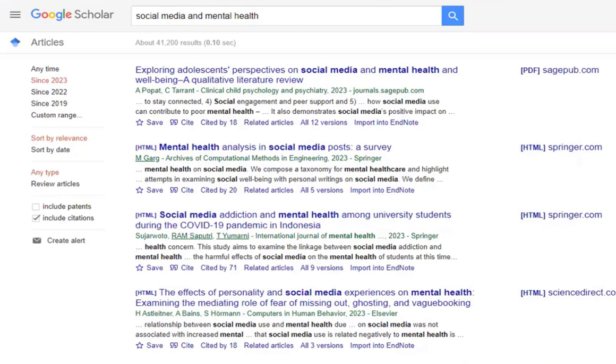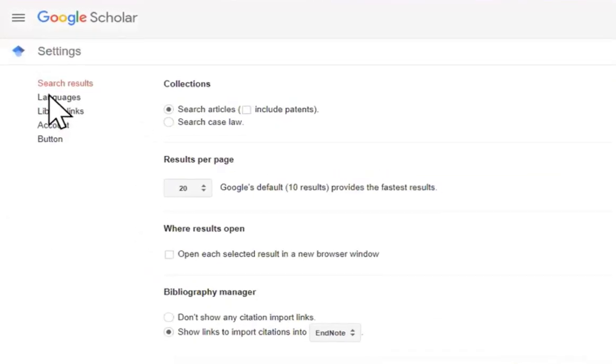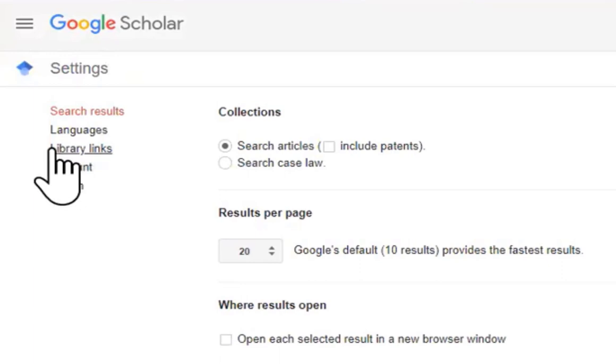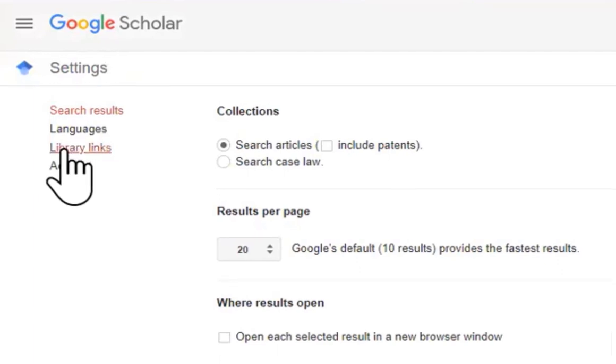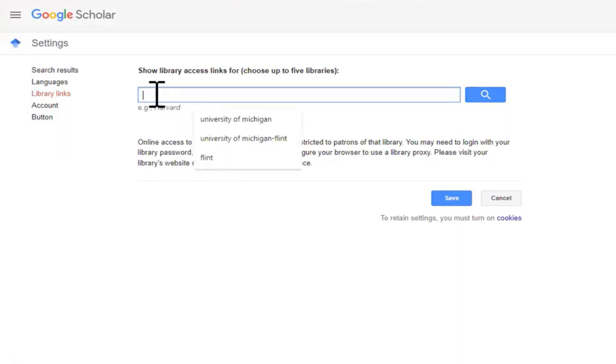However, like I said, there's a way that we can connect our library with our Google account so that we can see what's available. So if we go up to this little hamburger icon in the upper left, down here, there's a settings section. And if we go here, it gives us a few options, one of which is this library links section. So if we come here, we can look up a library that we're affiliated with. So for us,